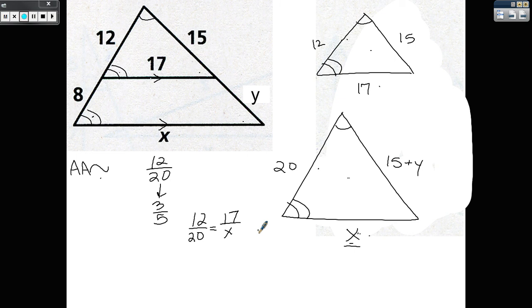It does force you to go ahead and redraw the two triangles separate of each other. So on every single homework assignment that you have tonight, I want you to redraw the two triangles separate of each other. Okay? I will be looking for that if I collect that homework assignment on Friday. I want to see both triangles separate of each other. Now for the y value,